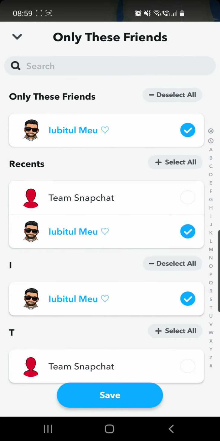So once you select that, you have to select all of them, so click on the select all button, and after that you have to click save. I only have one friend, as you can see, so it's really easy for me to count. But if you have many friends, then this is the way to see how many friends you have. So click on save,